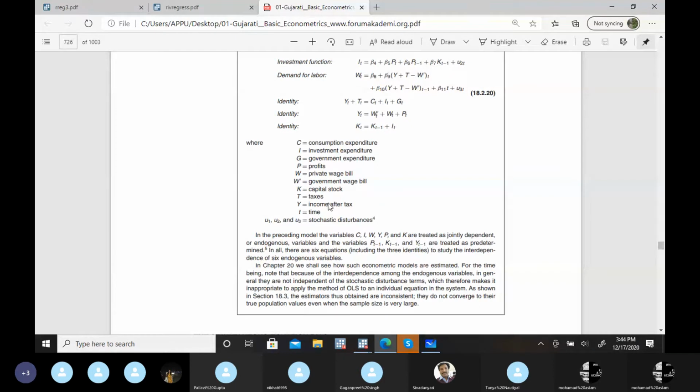If K minus k is less than M minus 1, then is it identified, over-identified, or unidentified? Unidentified. So that means we can't find a solution for this consumption function. But in the next chapter, Gujarati has given the solution for all these first three equations. So maybe some mistake is here.